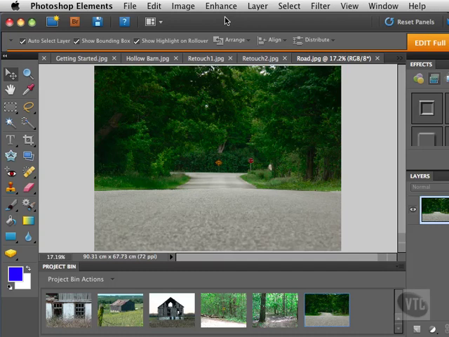Okay, here's another way that you can go about sharing your work out of Photoshop Elements. Here what I've done is I've opened up a bunch of images. You can see them all inside the project bin, and now what I want to do is create a photo book that I could either have commercially printed or that I could print on my desktop printer